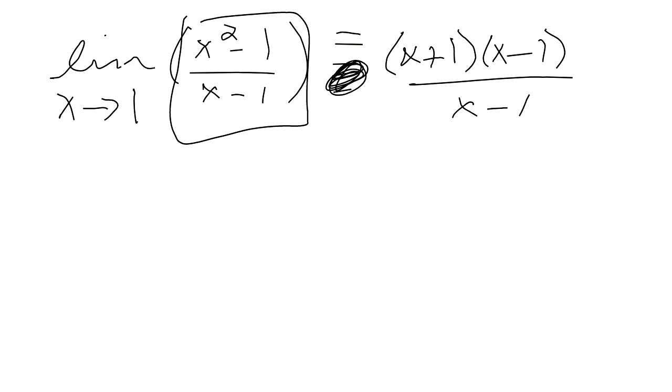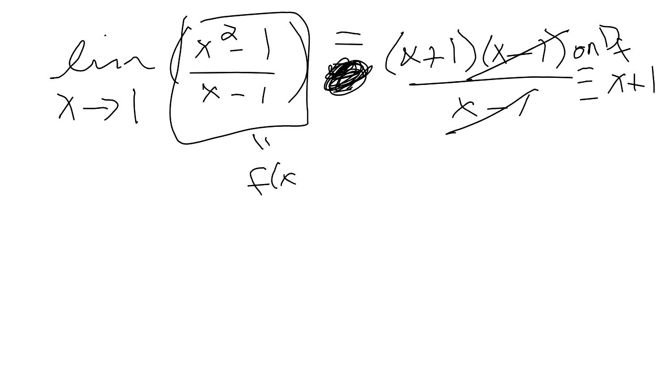And then if I cancel these out, it's equivalent to x plus 1, but where is it equivalent to x plus 1? On the domain of f. So this actually equals f of x here, right? So if I were to graph this thing, the graph is going to look exactly the same as what I just had